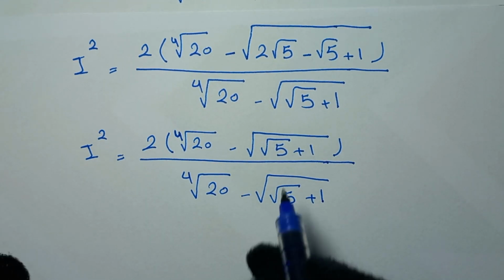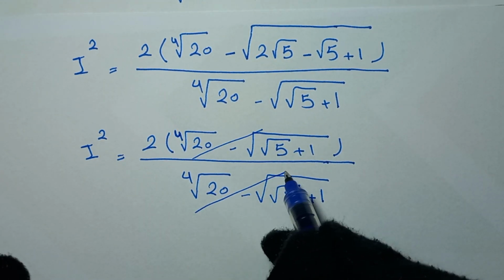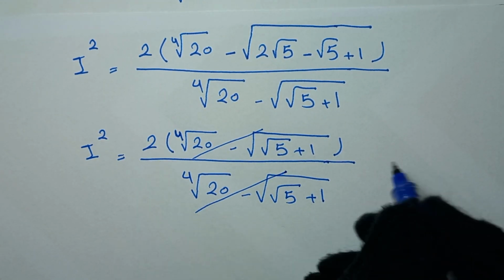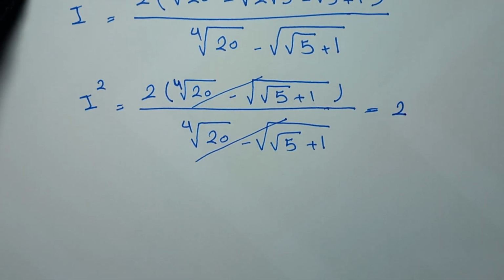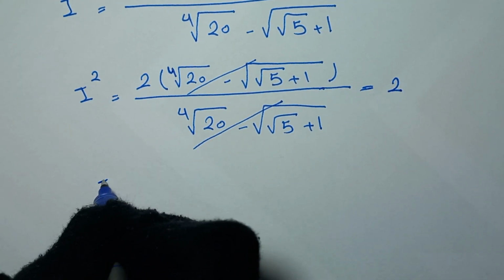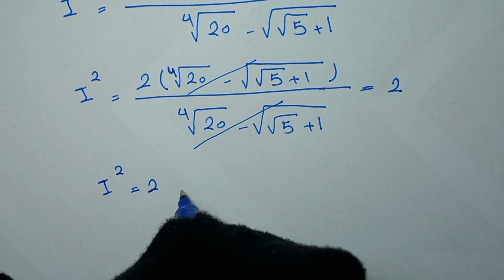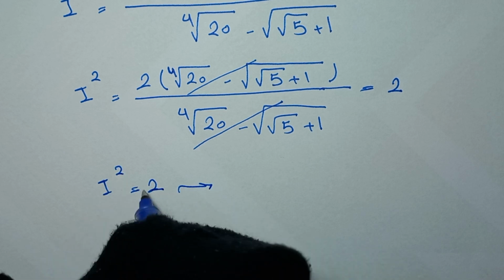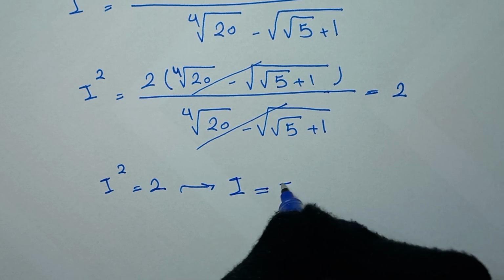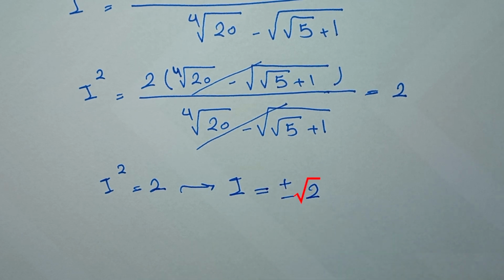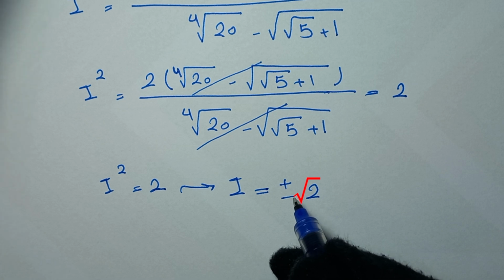And here, this will cancel this, and it will be 2 over 1, and I square is equal to 2. So I square is 2, and we apply square root to both sides of the equation, and I is equal to plus or minus 2. And here, we reject the negative answer because